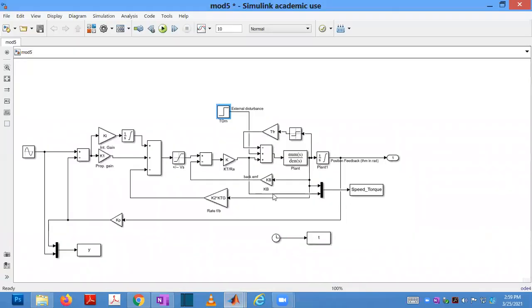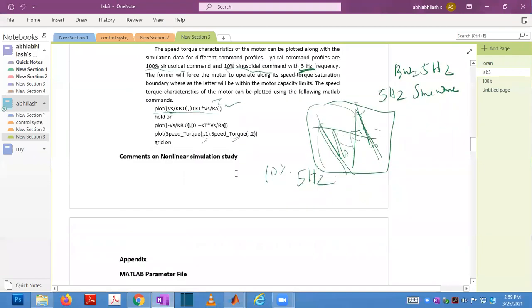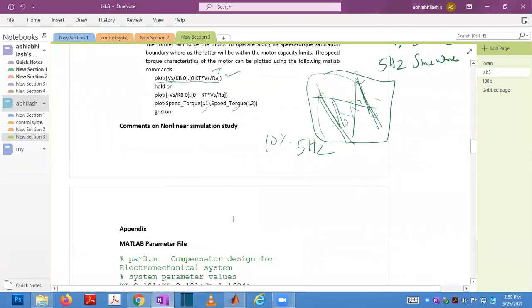I think many people have many doubts. If there are any doubts, you can ask me. And you have to submit this report next Thursday, and next Thursday sir will take the next third experiment. So 1st of April you have to submit this report. If there is any doubt, you can ask me.